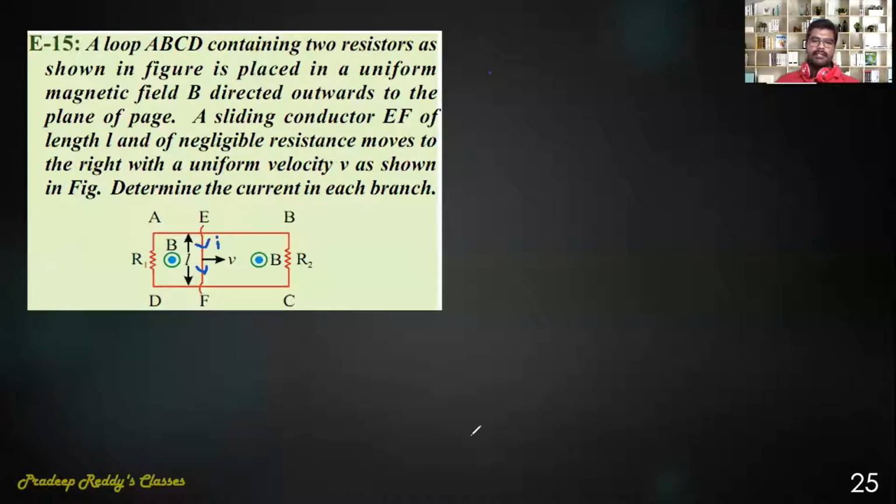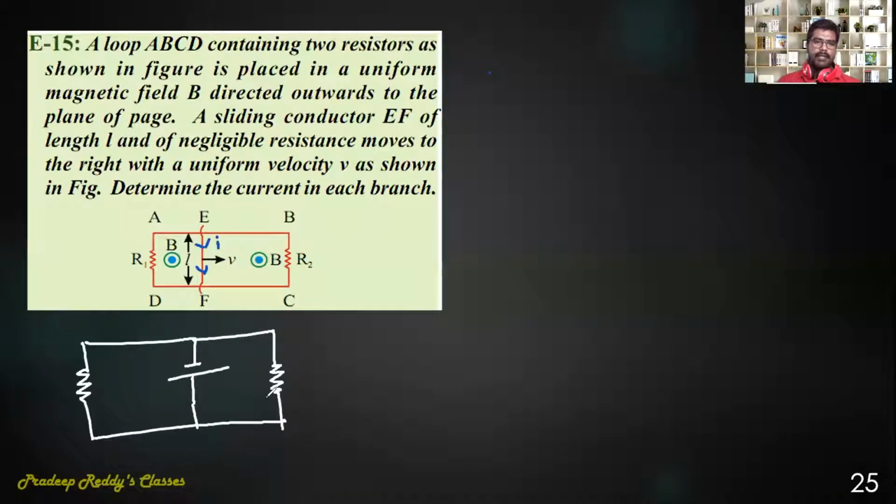Okay. Now I will redraw this circuit with battery. Here is resistor and this is battery, and here is one more resistor, and this battery gives current in downward direction, and that current I comes here and gets divided into two parts. It is I1 and it is I2. This is resistance R2, this is resistance R1. So a moving conductor within magnetic field is identical to a battery because it produces some EMF in the circuit. I need to first calculate that EMF produced over here.